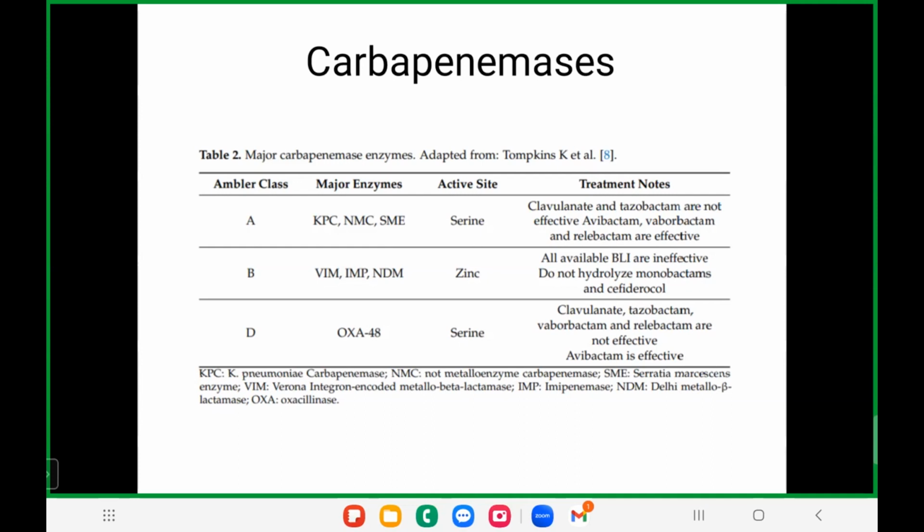The main reason we are adding aztreonam is that aztreonam has action on NDM directly. It's not going to be inhibited by the NDM, and it's going to penetrate the cell wall and cause damage. But the problem with aztreonam is that the same bacteria can produce ESBL. It's not only going to produce carbapenemase, it's going to produce ESBL. So aztreonam alone is not going to work. But if you combine ceftazidime avibactam with aztreonam, this avibactam is going to inhibit the ESBL. So it will not break down the aztreonam, so aztreonam can act.